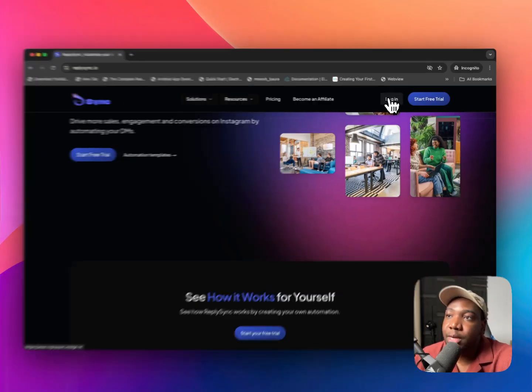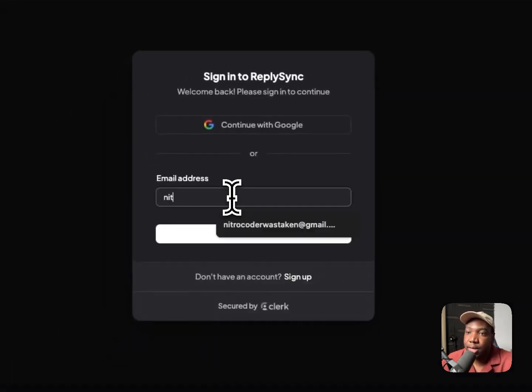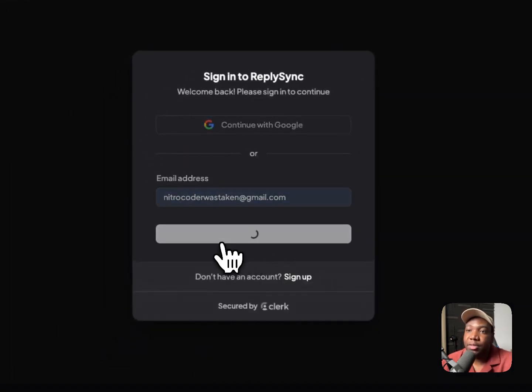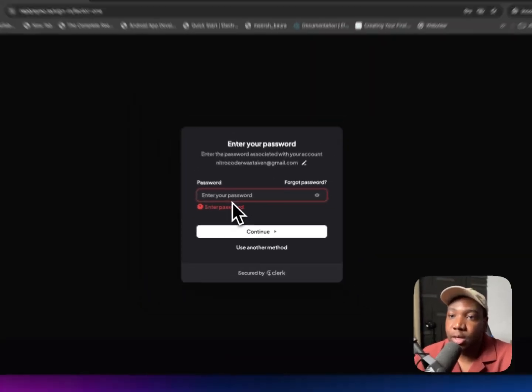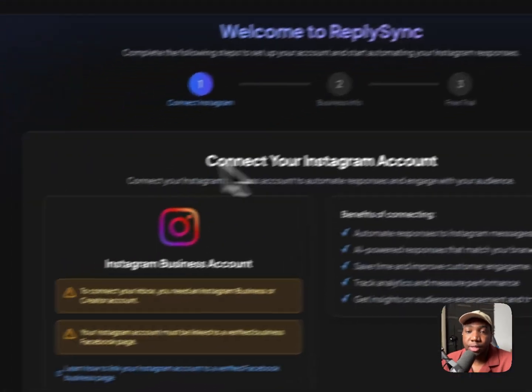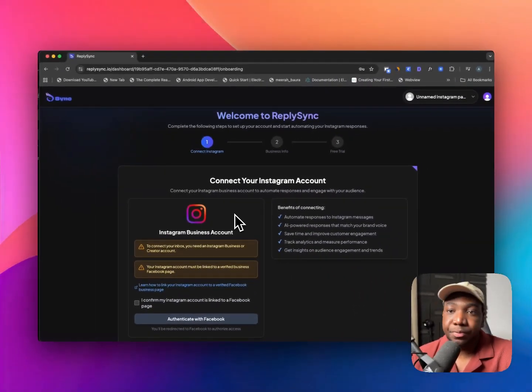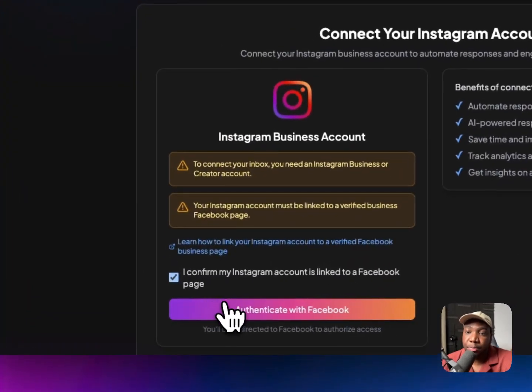So here's the website. You first go to create an account, or you log into your already existing account. In this case, I already have an existing account, so I'm just gonna log into that. After you log in, it's going to take you to the onboarding page, which will ask you to connect your Instagram business account. For this tool to work properly, it's important that you have an Instagram business account, and that Instagram business account needs to be connected to a Facebook business page. There's a link here that gives you more instructions on that, but for the purpose of this video, I wouldn't